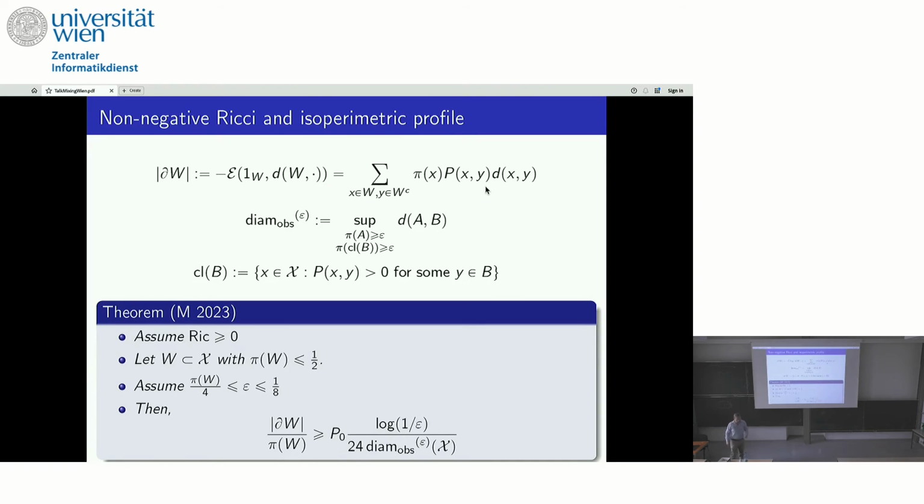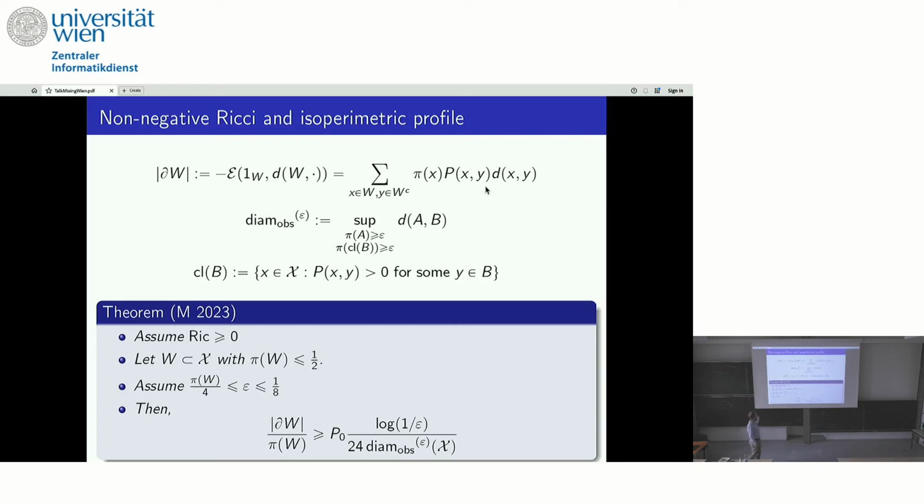Okay, now in order to get there, there's actually a conceptually stronger result, namely we get some isoperimetric inequality. So we define the boundary measure kind of the usual way, but we have to also take into account the distance. So when you usually maybe see the boundary measure of a graph, you just count the edges going between the 2 sets. But here we also have to take the distance between the 2 points into account.